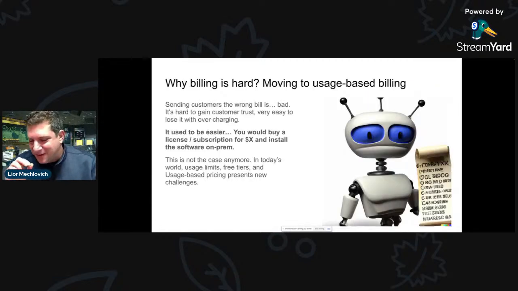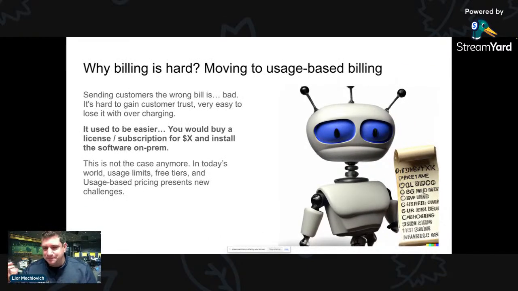And if we're looking at why is it hard, why is it actually changing? What are the new challenges here? It used to be much easier. There was on-prem, you would buy a 1 year deal, 3 year deal, whatever, and even after that, more modern, you'd pay like $10, $20 a month for a subscription. That was nice, right? They don't need to do anything very different, especially for developers. Developers were not aware that much of any billing. It was a different department in the organization. Life was easy, but maybe unfortunately it's not the case anymore.